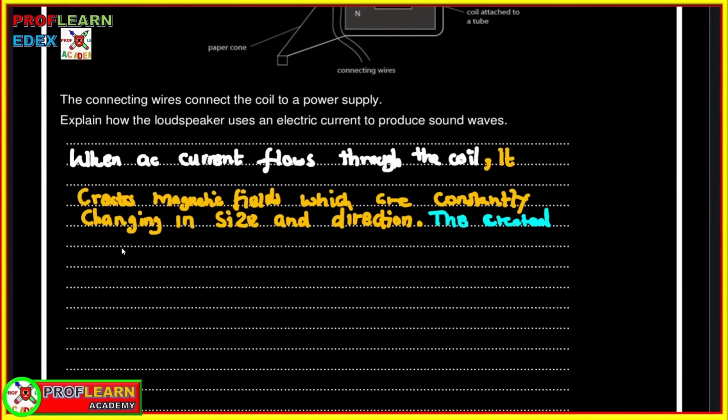The created magnetic fields are going to interact with the fields of the permanent magnet, and